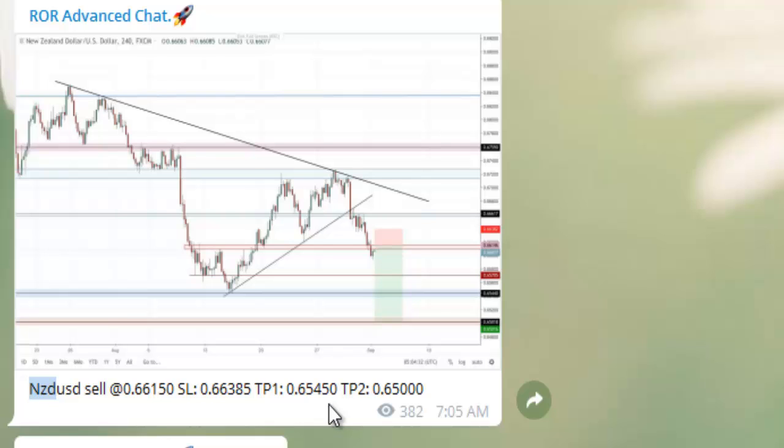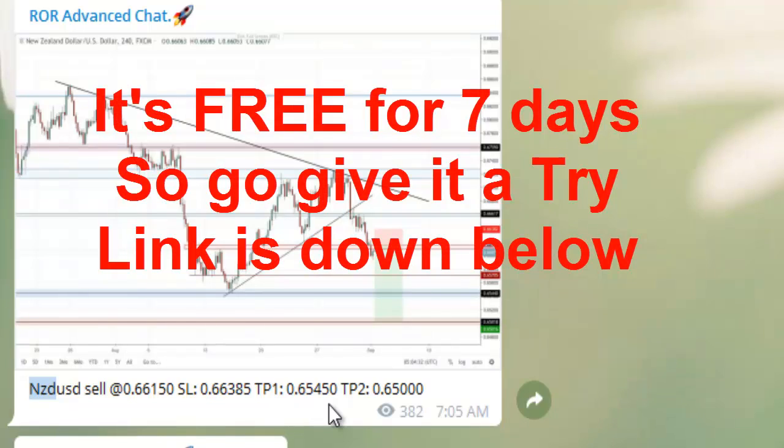So what does this mean? Basically, this is where you'll be sending. So this is the old group chat, so I cannot show you the new one, right? I was just showing you this previous group chat that you used to use before we moved to the new one, which is basically $50 a month. You get a 7-day free trial with the link down below, as I said.